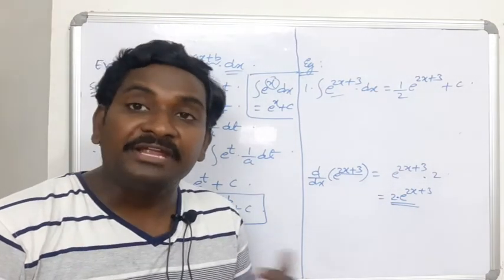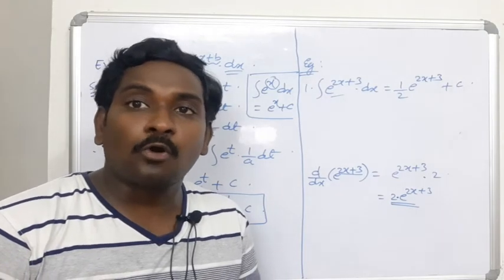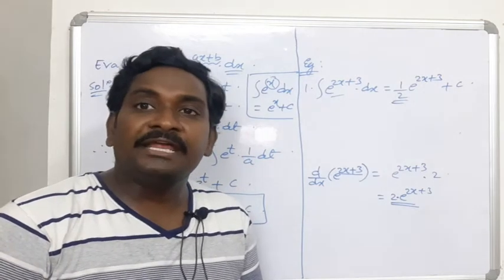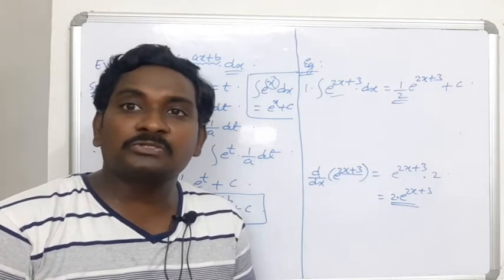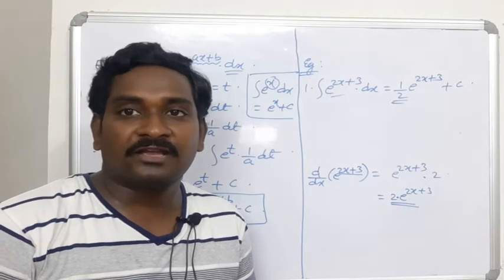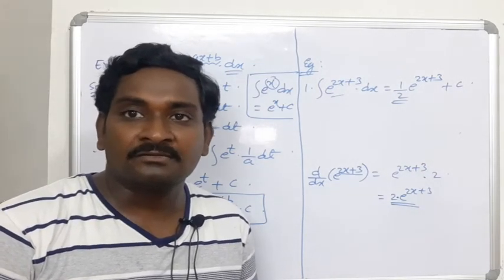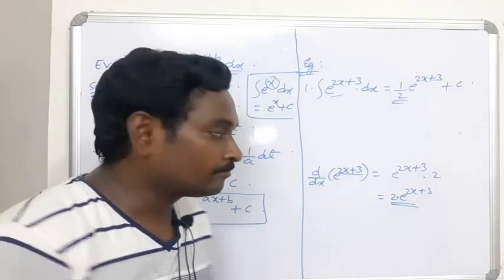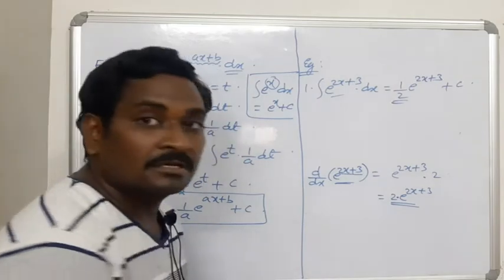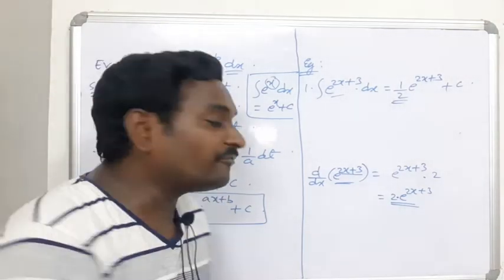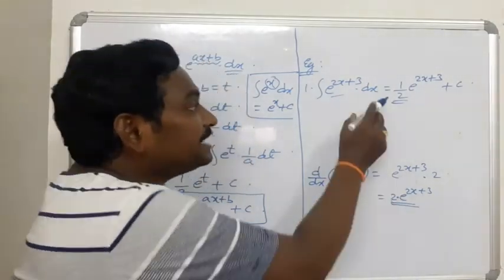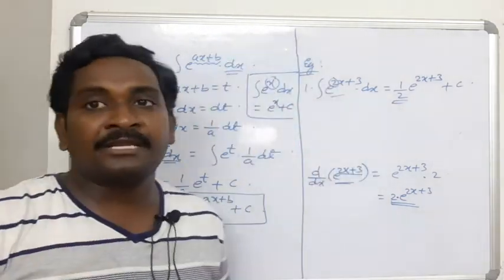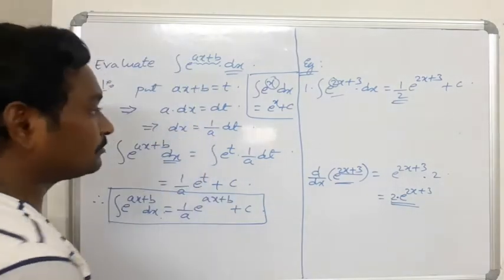But in the case of integration, you should write the coefficient of x in the division, because derivative and integration are inverse procedures to each other. That's why. Did you understand the logic? Whenever we are taking the differentiation of a term like these, you should write the coefficient of x in the product, but in the case of integration you should write the coefficient of x in the denominator. That's all. See another example.